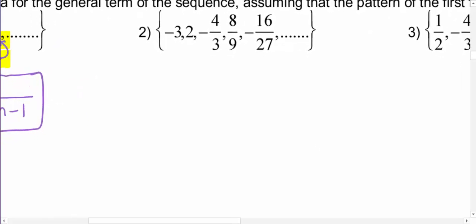All right, so again, I like to see all of these as fractions. So I'm going to put negative 3 over 1 and 2 over 1. And I'm going to write my term numbers underneath. That's n equals 1, 2, 3. I probably should have done this in a different color, but that's okay. 5. All right, so